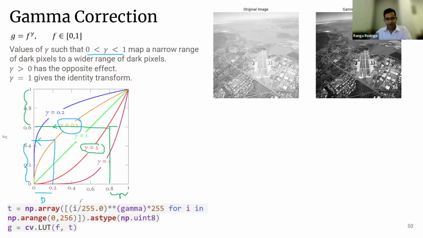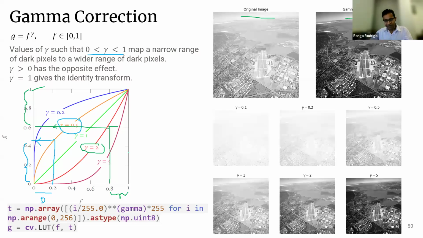So this original image I have shown. This is the runway from Gonzalez book and gamma corrected ones. You can see areas that you can clearly see. So bright areas are vibrantly shown. So different values of gamma I am showing you. So if you take, for example, gamma equals 5,